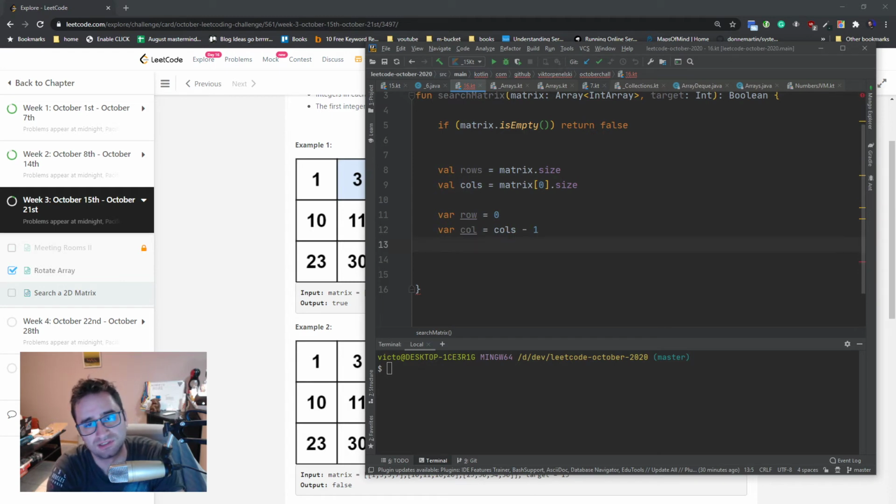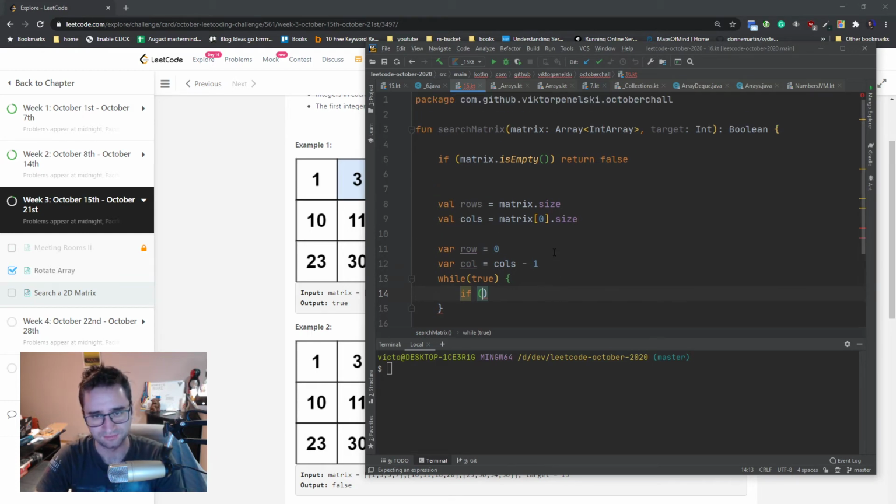And now we just say... I'm not sure what the condition should be, so I'll just say while true, and then we'll fix it up. So we start from here, and our comparison would be if the current element is bigger than the target,